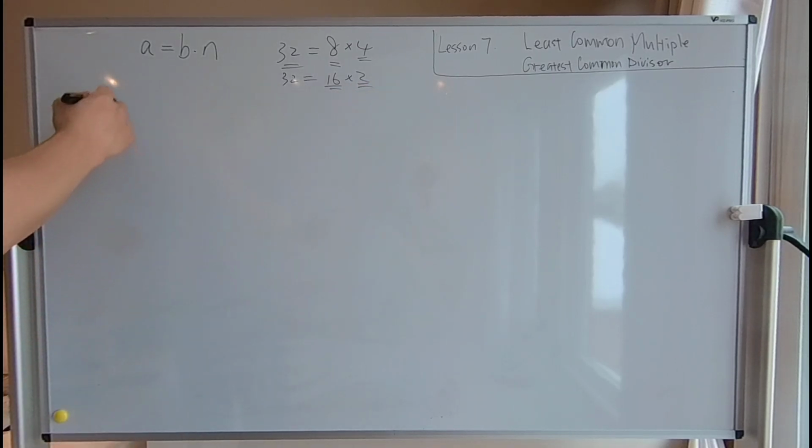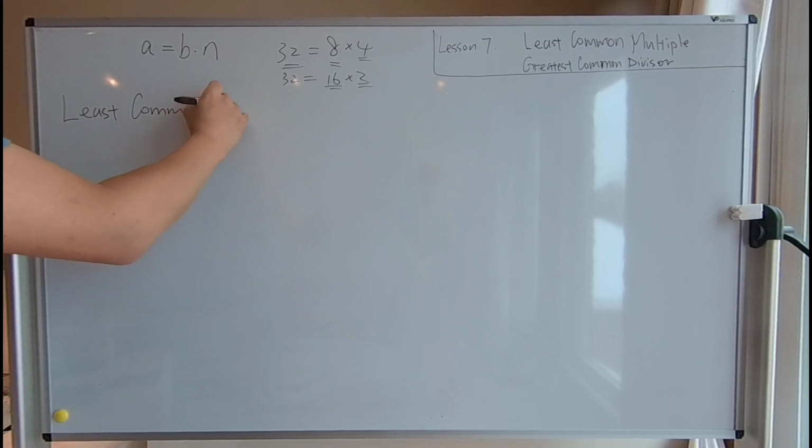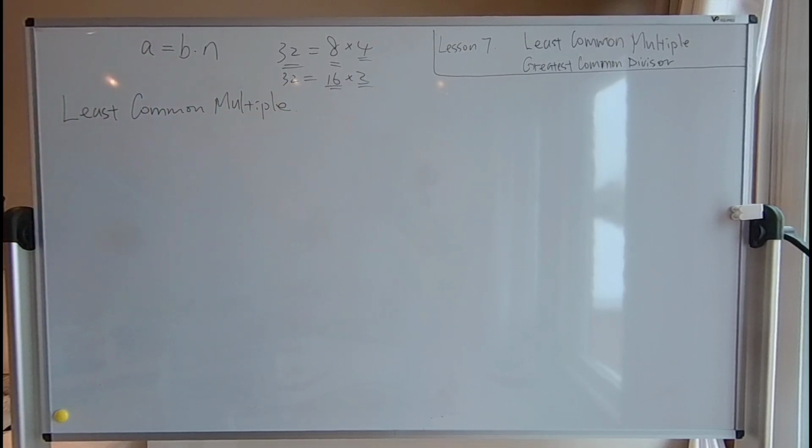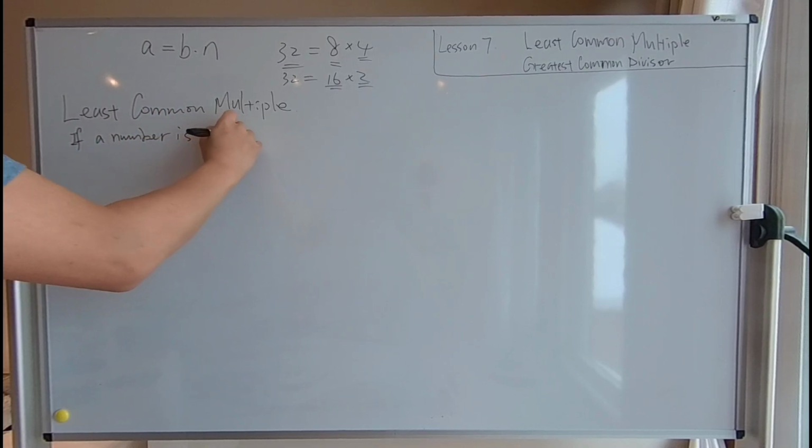So as long as you have one integer that can be expressed as the multiplication of two other integers, we say that this number is a multiple. This leads us to the definition of least common multiple. So this gives us the first sentence of this definition. If a number is a multiple of